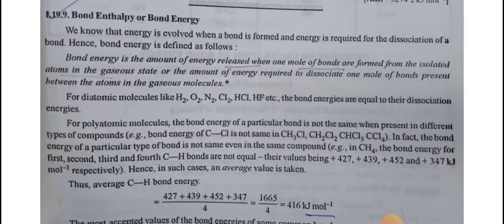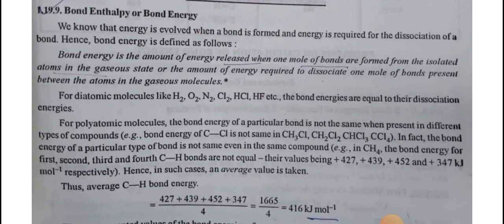Bond enthalpy or bond energy. We know that energy is released when a bond is formed and energy is required for the dissociation of a bond. Hence, bond energy is defined as follows. Bond energy is the amount of energy released when 1 mole of bonds are formed from the isolated atoms in the gaseous state, or the amount of energy required to dissociate 1 mole of bonds present between the atoms